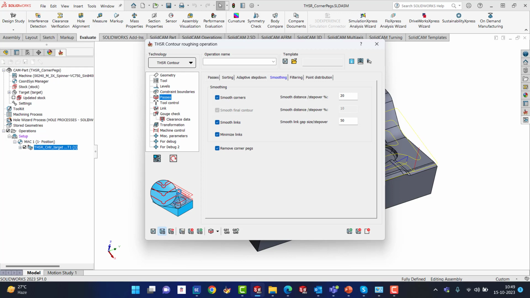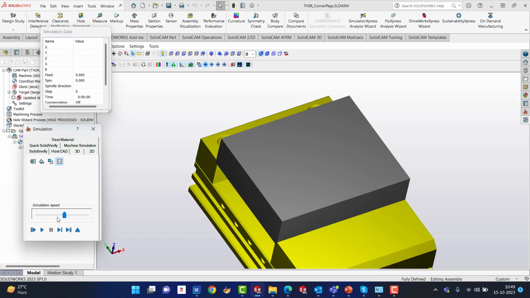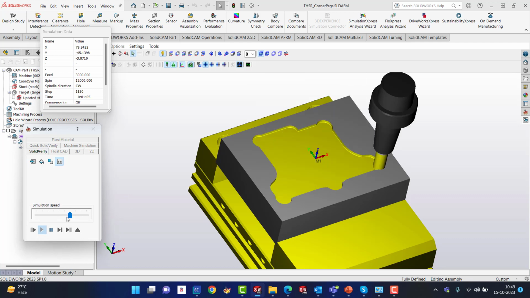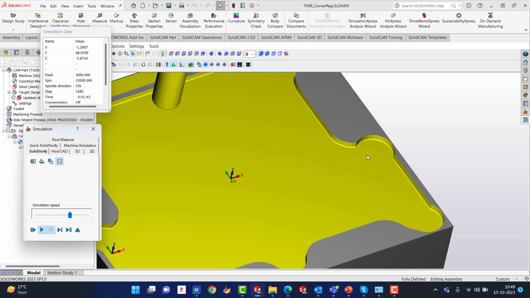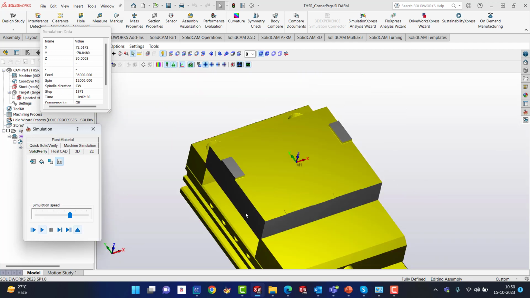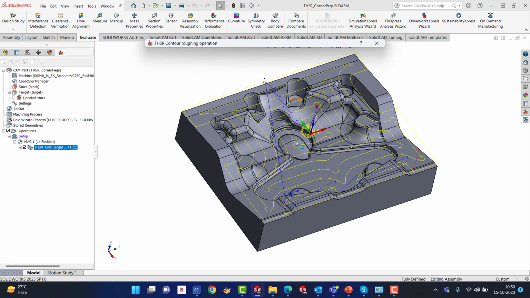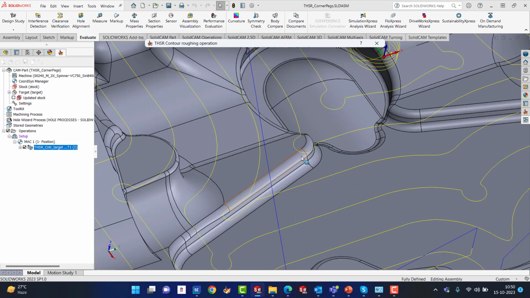So let's calculate this operation, and let's simulate this now, and let's reduce the speed. You can see what is happening here. These smooth motions are basically generated to remove those corner pegs that are getting formed. These are the extensions of the toolpath, and as I play the toolpath completely, you can see there are absolutely no corner pegs. If I look into my toolpath itself, you can see that these are the areas where the toolpath has been extended to remove the corner pegs, and this extension has been done very smoothly to avoid any